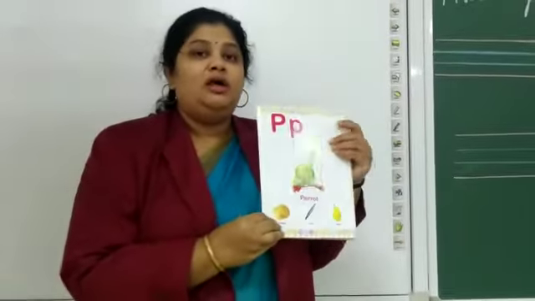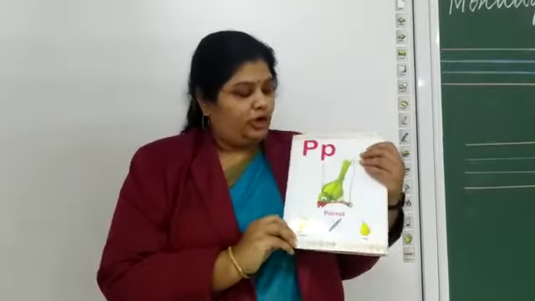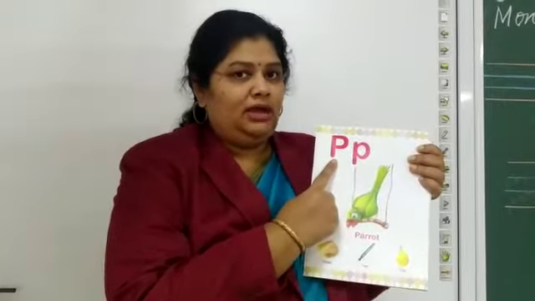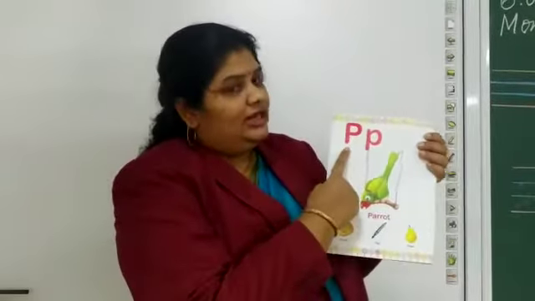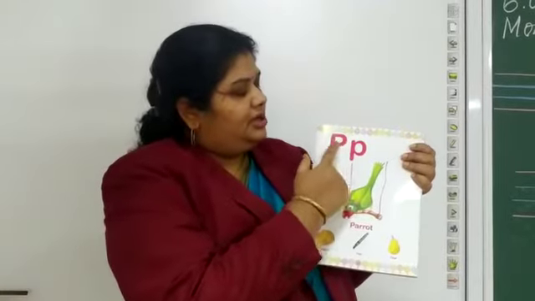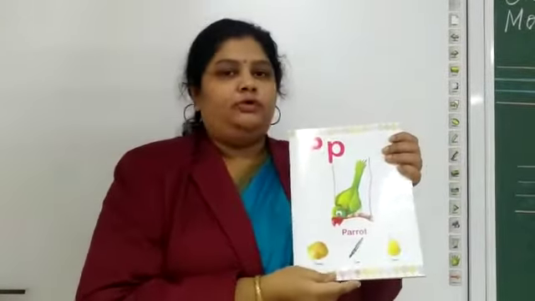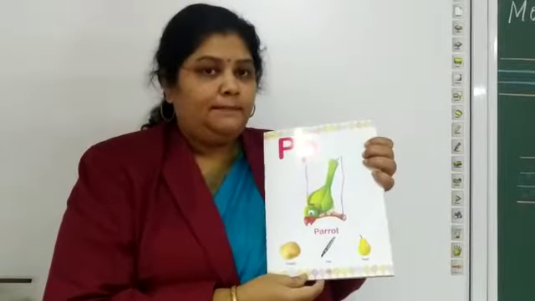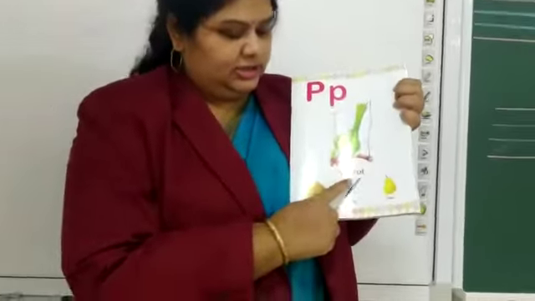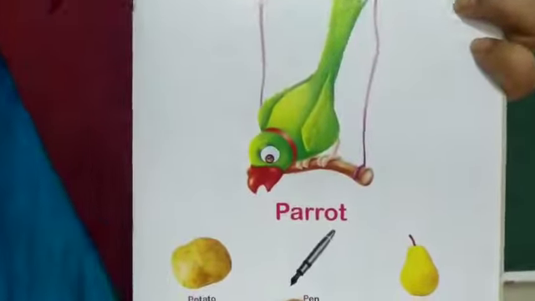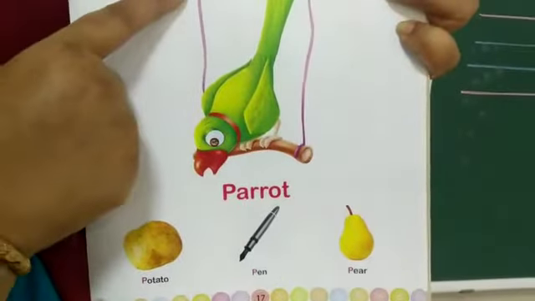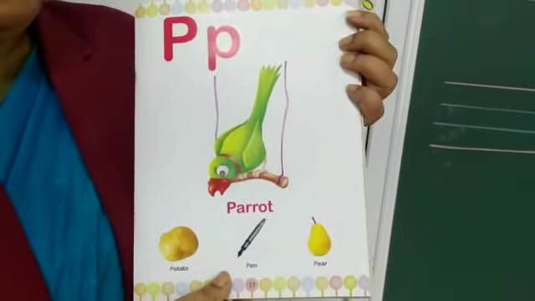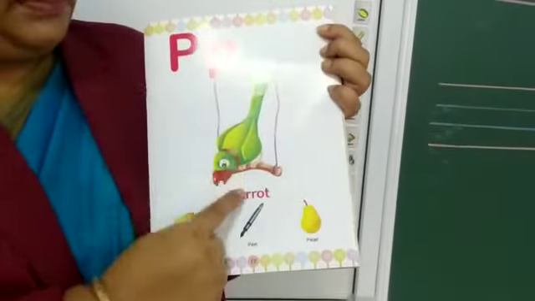When you come back to school, I'll teach you one more time very neatly. Just you have to learn all this at home and keep remembering it. This is the final letter for today. We'll finish it off with P. This is letter P. This is capital P and this is small p. The phonic sound as usual is P. P says P. P for parrot. P for pen. Say along with me. P for parrot, P for pen.